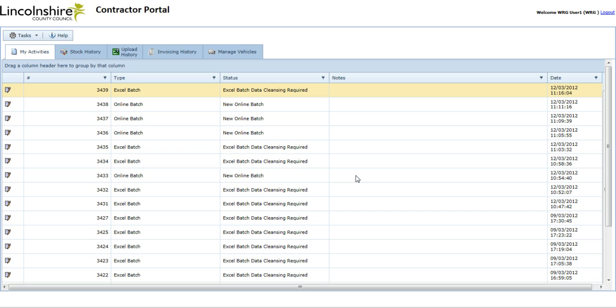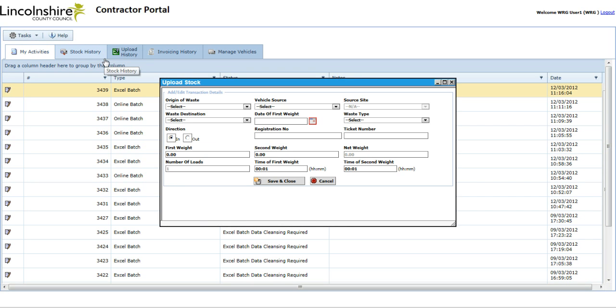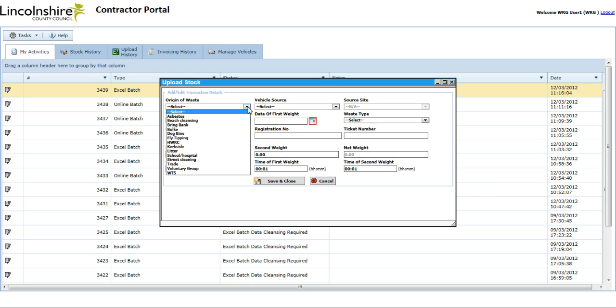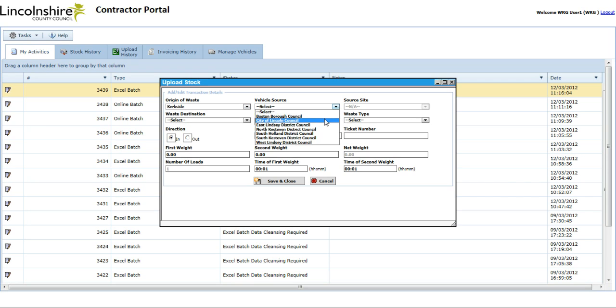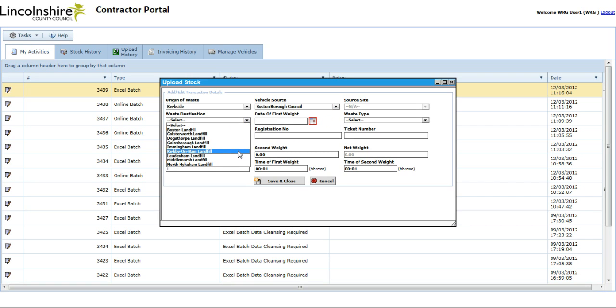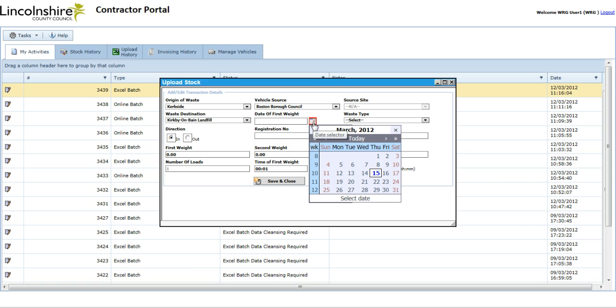Online batch. Now we will choose to create an online batch. This allows contractors to enter their transaction details directly. We will again choose Tasks, Stock Tasks, Create Batch Web. The screen that opens shows the entry form for a transaction. Firstly, we will enter the origin of waste, then the vehicle source, waste destination, date of first weight,